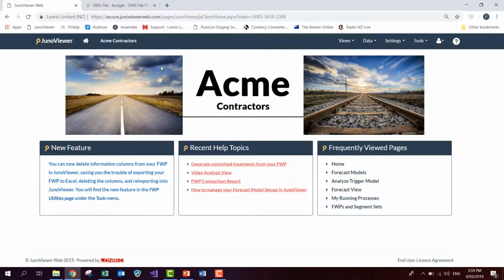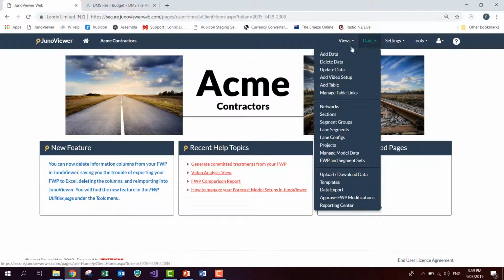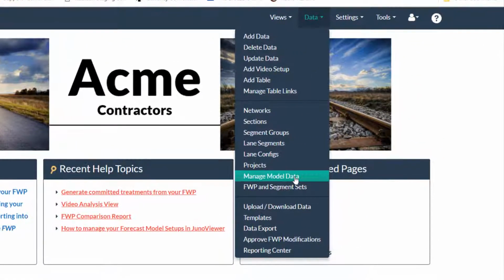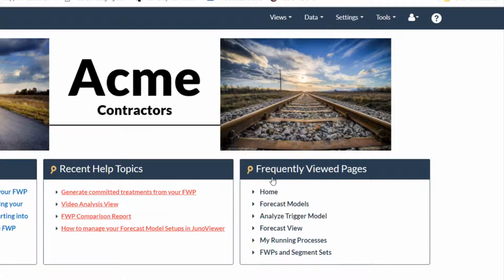So here I am in JunoViewer, and to define a budget, I go to the Data menu and down to Manage Model Data. You should see that Manage Model Data lies somewhere between Projects and ForwardWorks Program and Segment Set. If you do not see it on your menu, simply contact Londrix and ask us to enable this functionality for you. So if I open Manage Model Data,